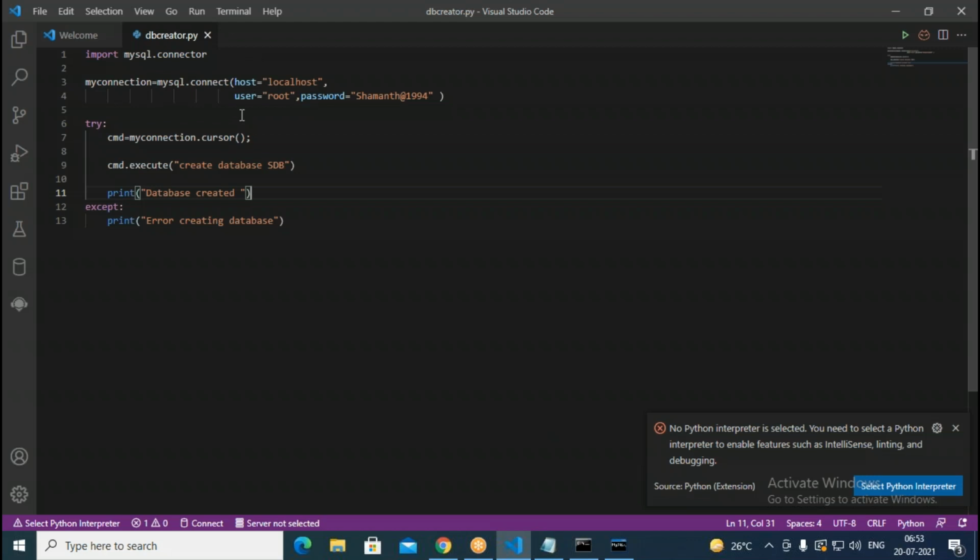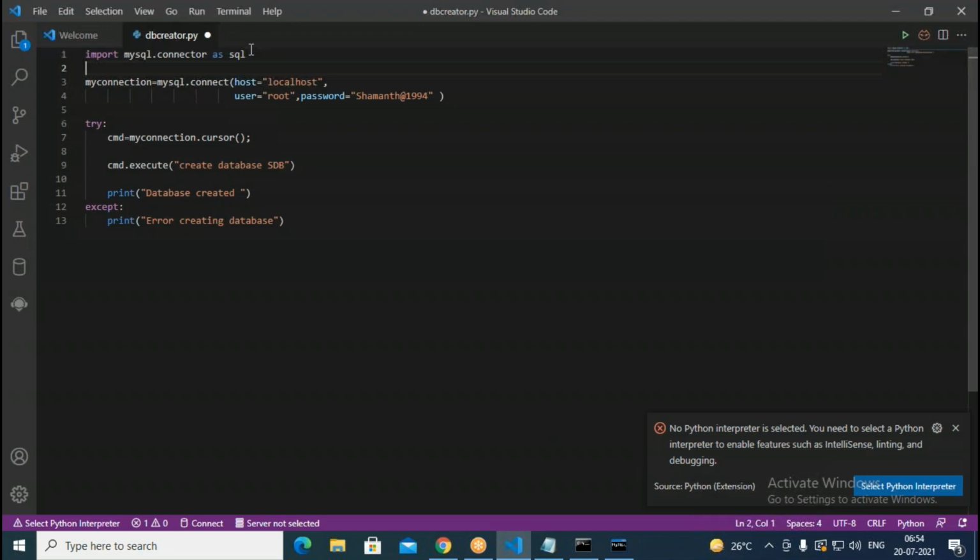It says no such attribute. So let us see what are the attributes available with the MySQL. When I have written MySQL.connect, it's not getting connected. But on the top we have imported MySQL connector.